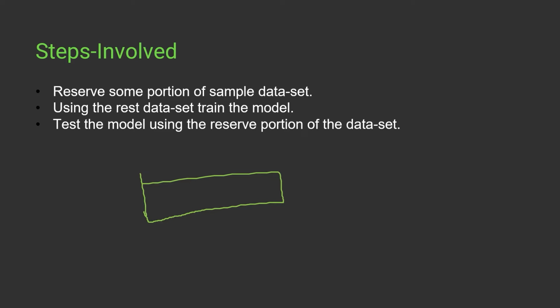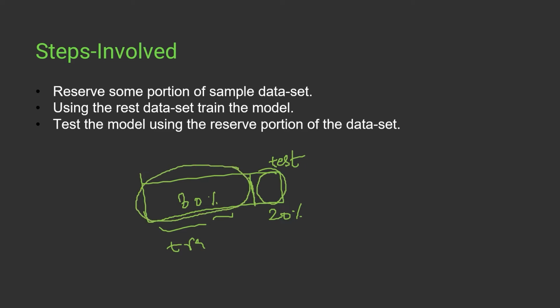Let's say I have reserved 20% of my data for the test part, as we always do, and the rest of it will be the training part, right? So we reserve this portion for testing and then train our models on this particular training part,